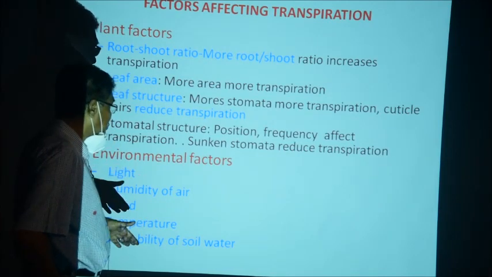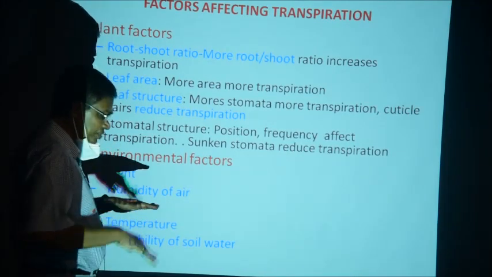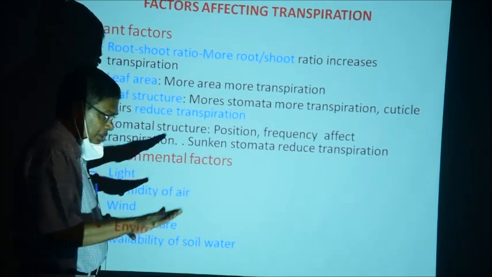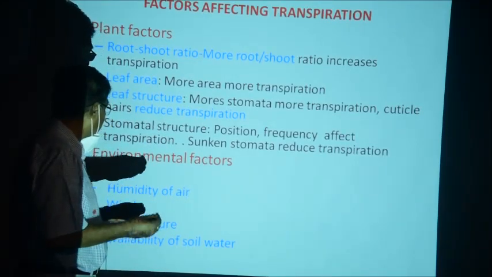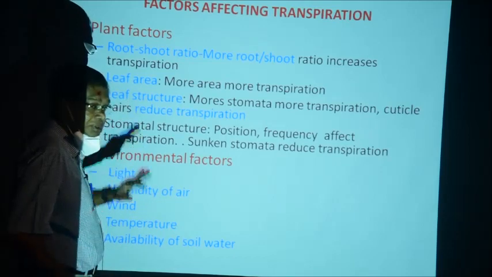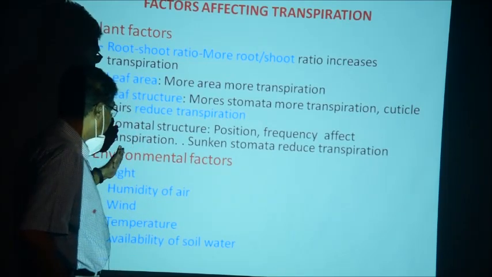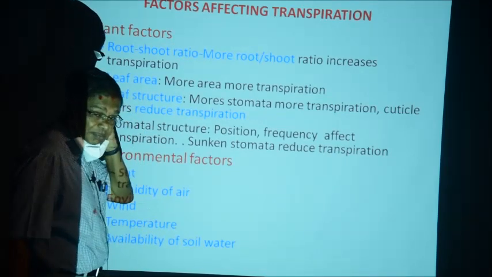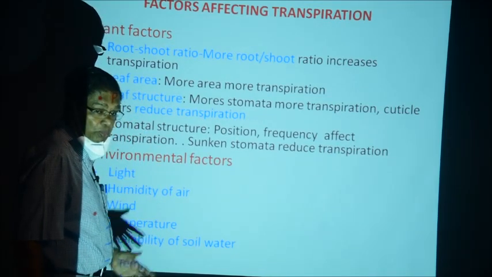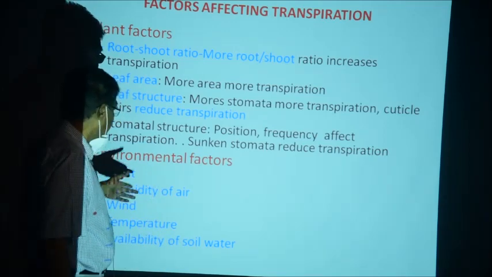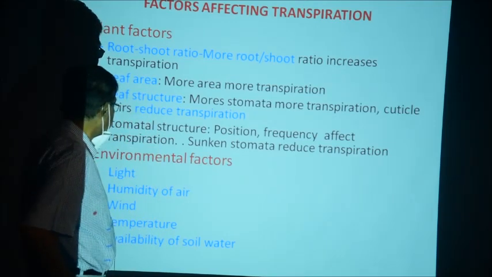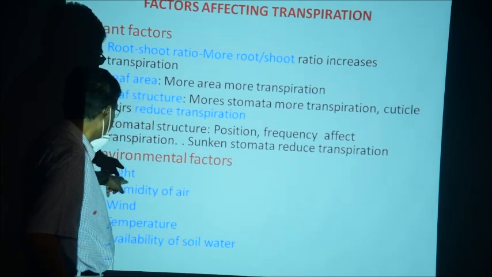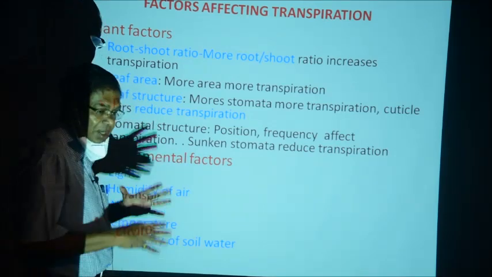Now, leaf structure, that is, if there is a waxy layer on the leaf or there are hairs, then that reduces transpiration. Then if the stomata are sunken as in some xerophytic plants, there is decrease in transpiration. So, root-shoot ratio, leaf area, leaf structure and stomatal structure, all these are